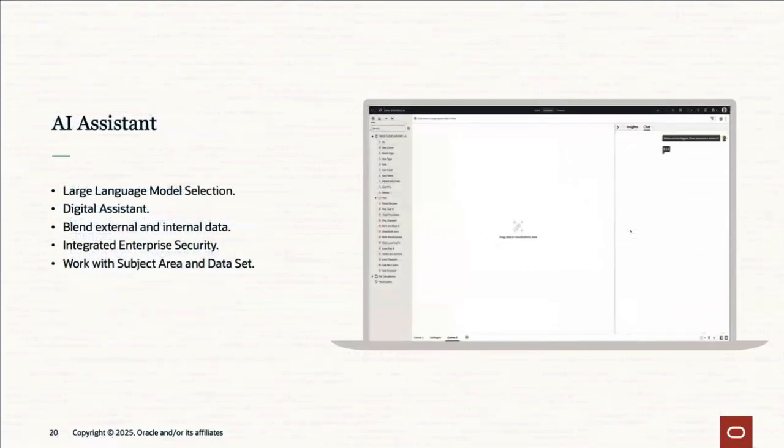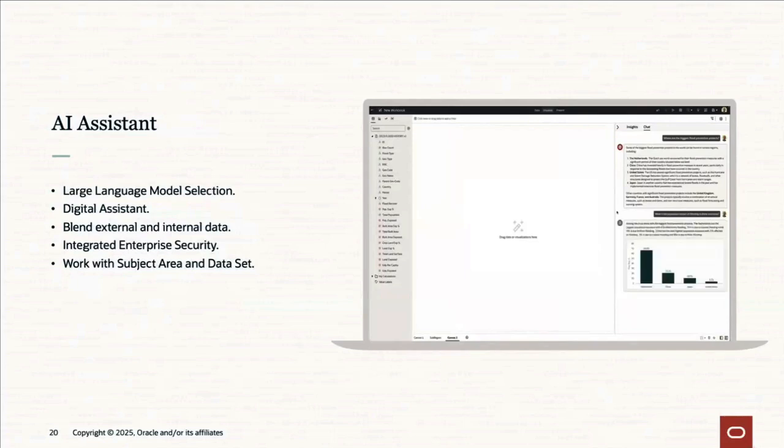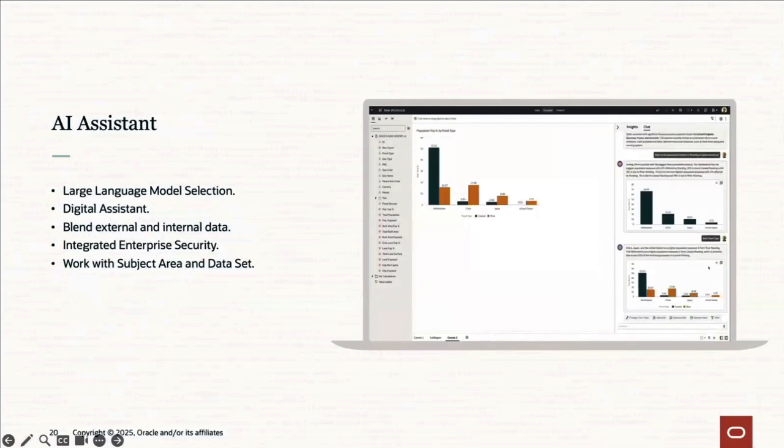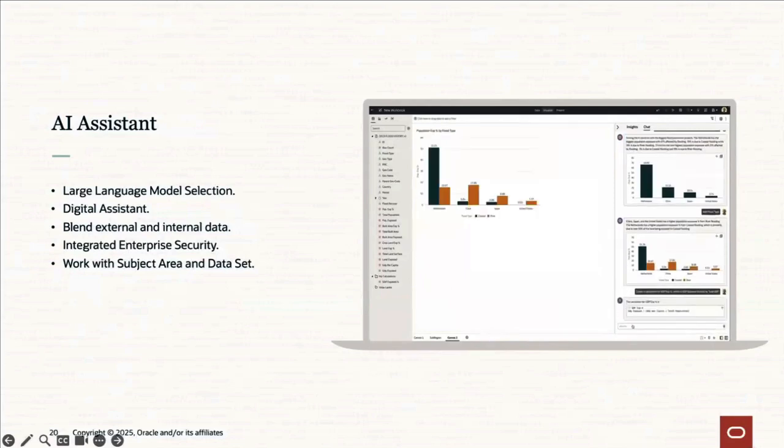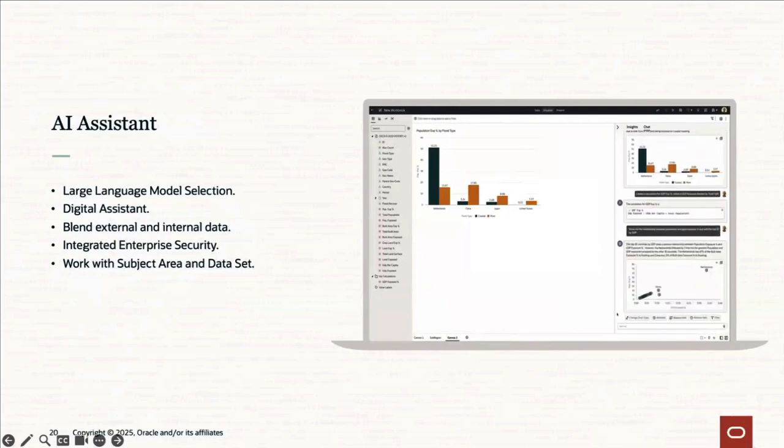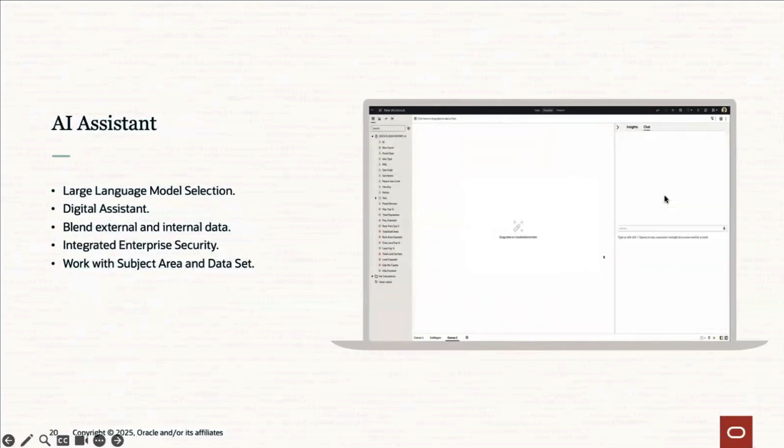And lastly, and possibly the most powerful feature, is the AI Assistant. This is based on a large language model selection, and it's going to function like a digital assistant. What you see here on the right is a human prompting the AI Assistant with prompts in natural language. We see here, create a calculation for GDP EXP percentage, and the AI is able to deliver a custom calculation from natural language.